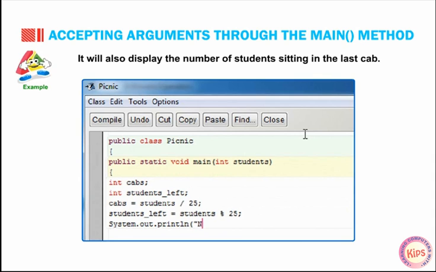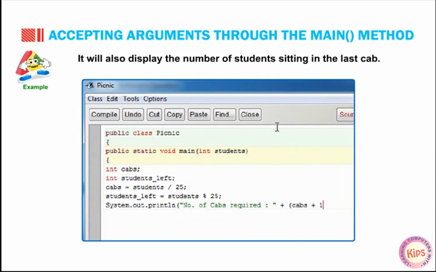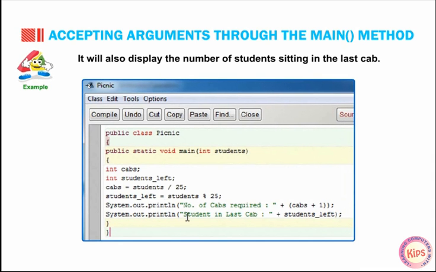System.out.println("Number of cabs required: " + (cap + 1)); System.out.println("Students in last cab: " + students_left); } }